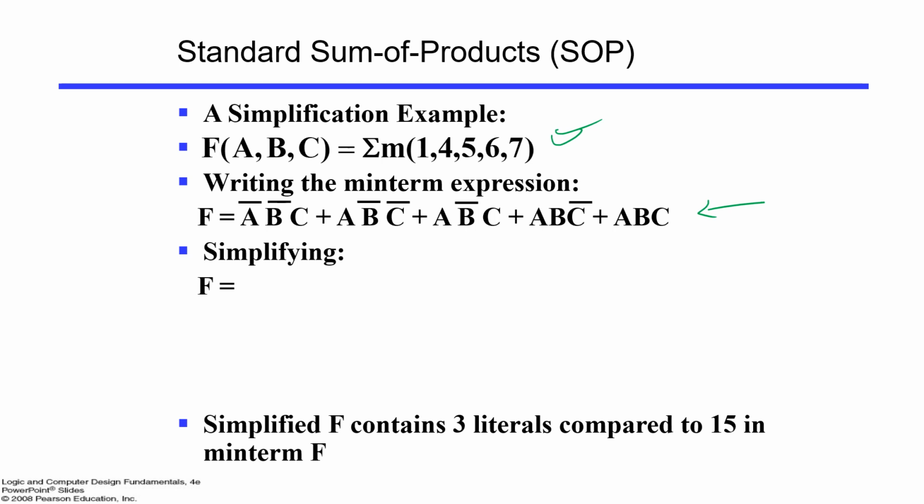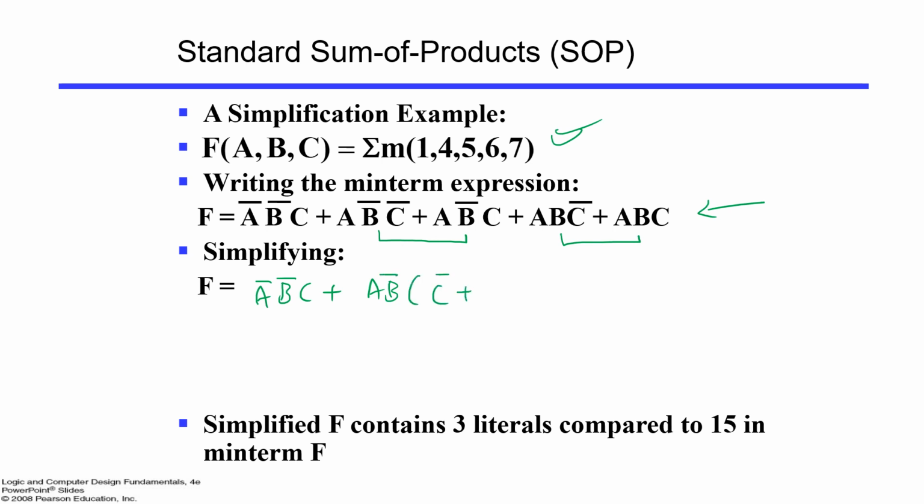Canonical sum of minterm expression. Now I want to simplify it, right? If you want to simplify it, what can you do? Let me take these two together so that we can get A B bar common, and let me take these two together so that you can get A B common, right? So let me write it, A bar B bar C plus A B bar common,